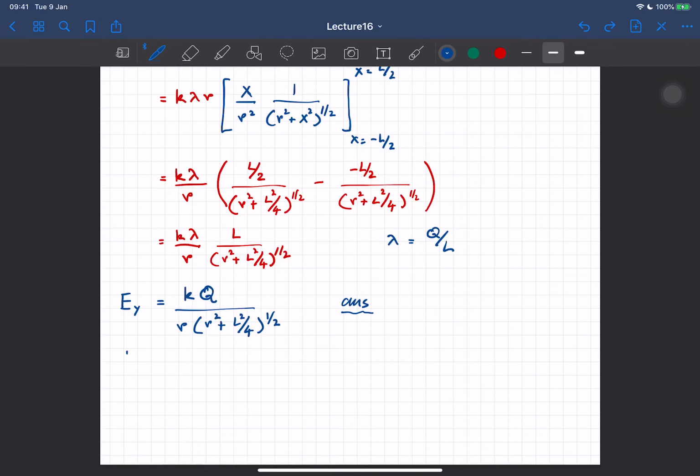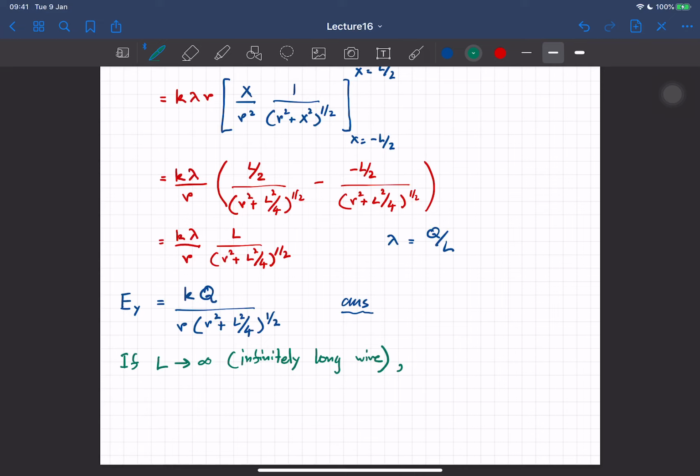Sorry, one different color. I don't want the distance r, I want the length. If L goes to infinity, which is an infinitely long wire,